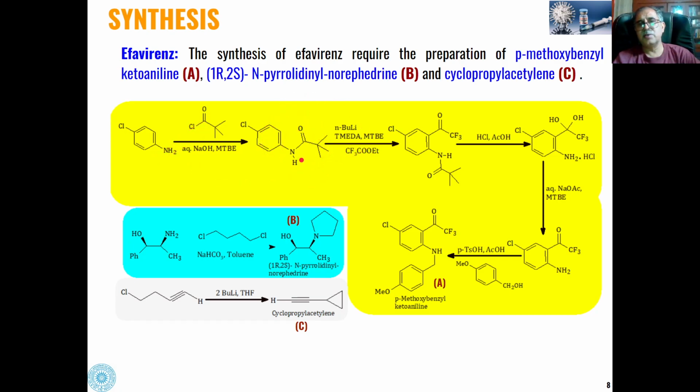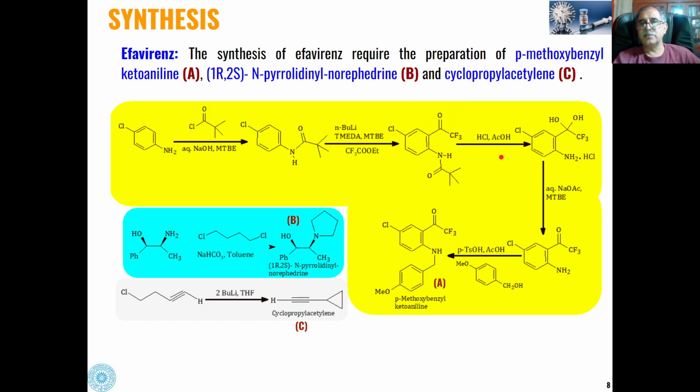Then this amide, when reacted with a strong base like n-butyl lithium, undergoes substitution at this place. This will act as an electrophile, and we will get a trifluoroketone